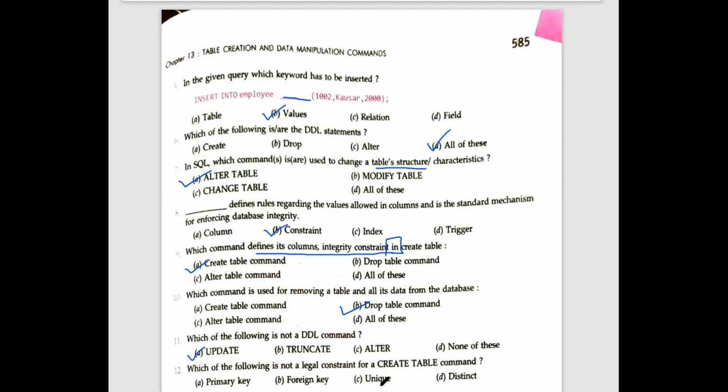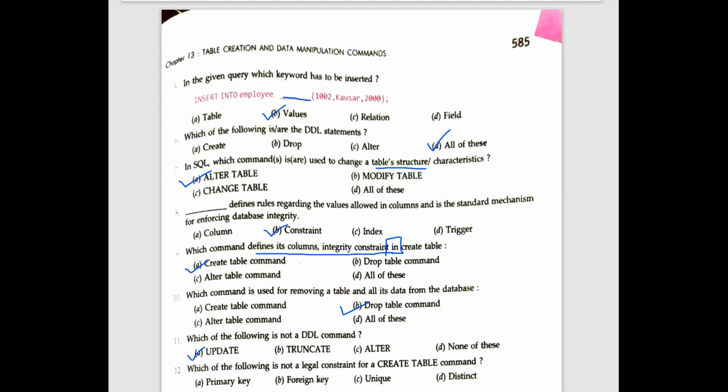Isn't truncate a DML command? No, see, actually we do not have truncate in our course, but it is a DDL command. This is the first thing you have to keep in your mind, that it is a DDL command. And generally it is used for removing rows from the table. Clear? Okay, ma'am.